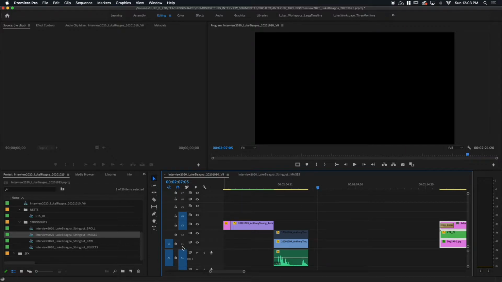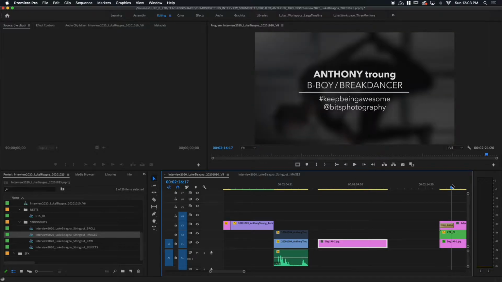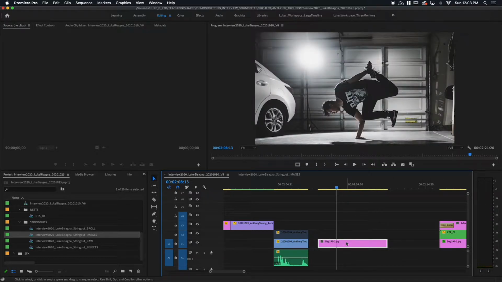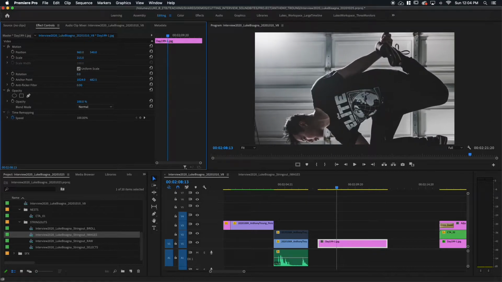And I want to make sure that it goes on my first video track, so I want to make sure that's active here. Remember, Premiere will assume that you want to paste something on the lowest number track that's available. And there it is. And here's the image as it is inherently. So to make that background, I'm going to manipulate the image and make it much larger. You can see here it's much larger. So with the image selected, I'm going to head up to the effect controls and use scale to blow it up.